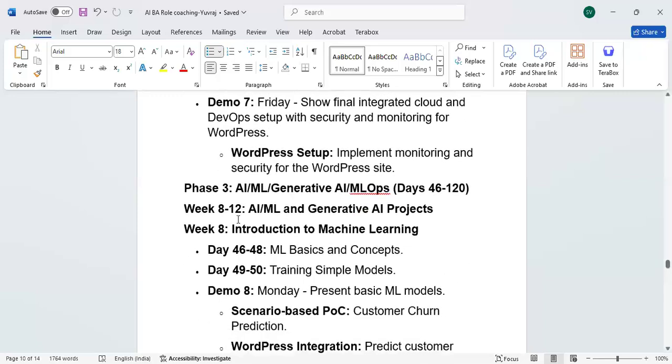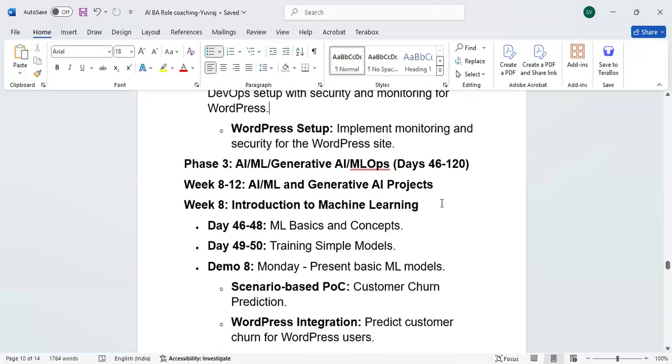Okay, no problem. So here in the AI/ML part, first we are going to work with ML basic concepts and also domain areas. We are going to learn business domains, and we will discuss what business domains we can identify with reference to your background.